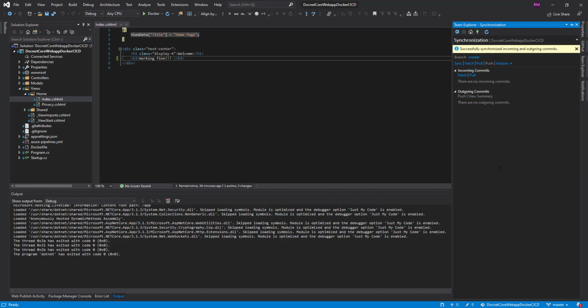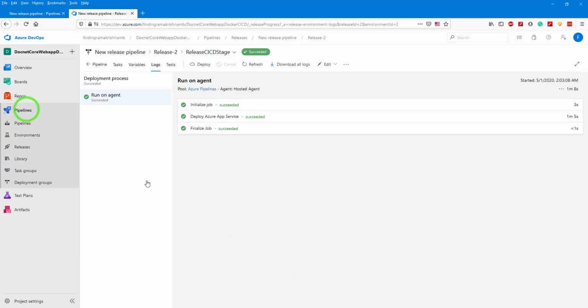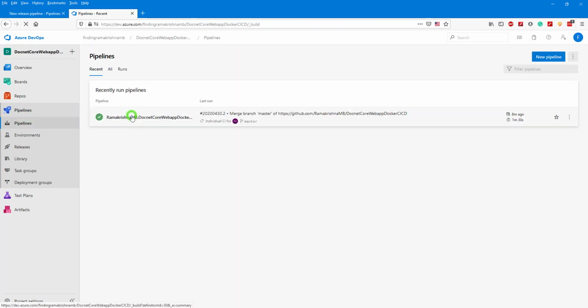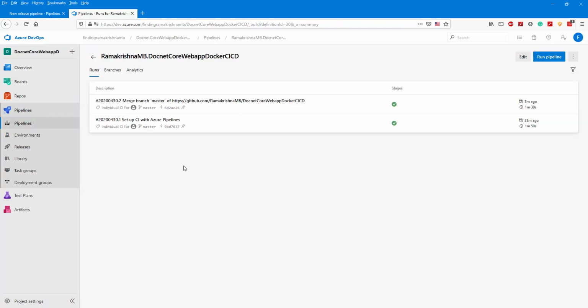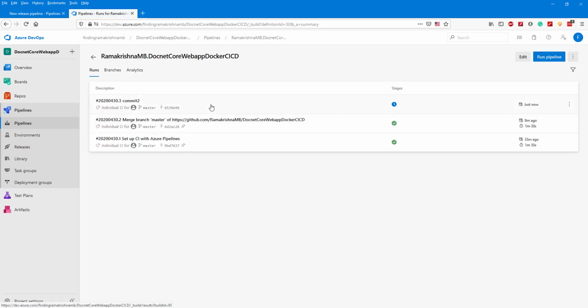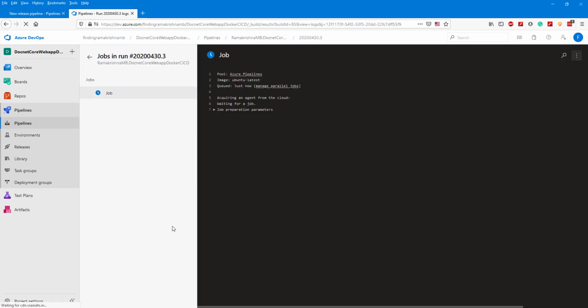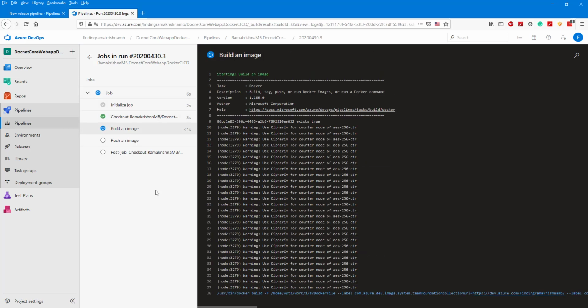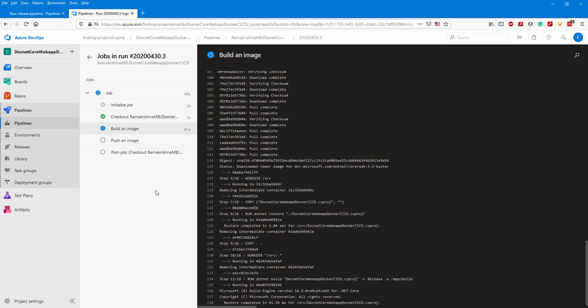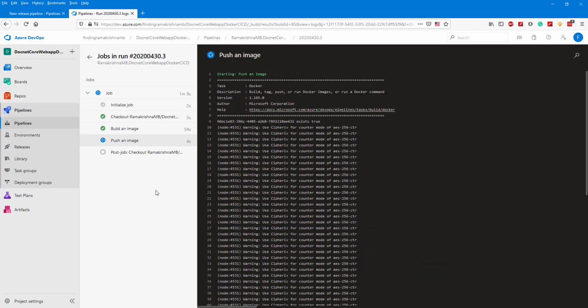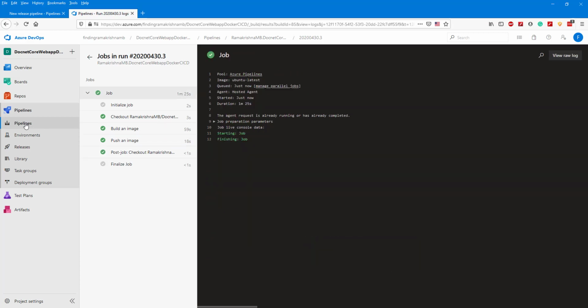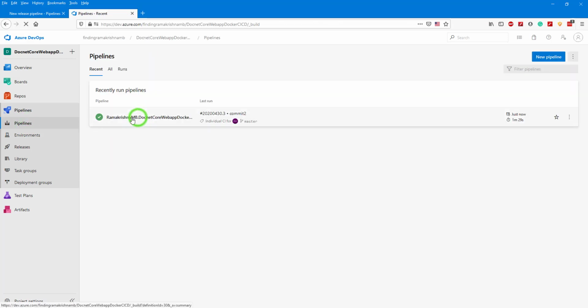Successfully synced. Go to our pipeline, see it started. Refresh the page. Yes, our job started. The CI pipeline started successfully. So the CI pipeline successfully executed.